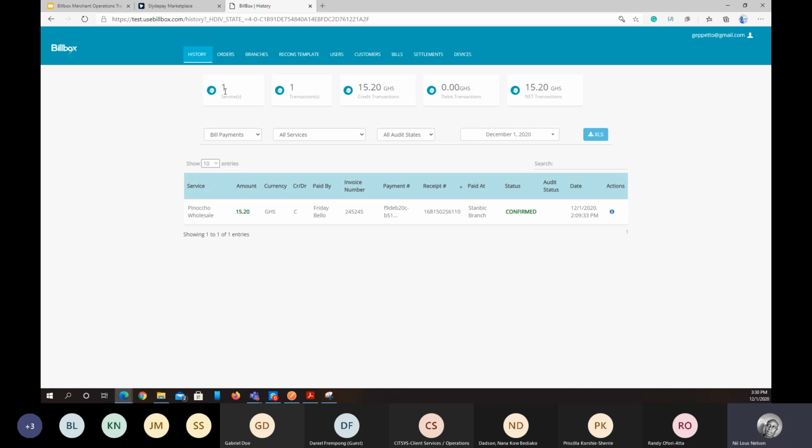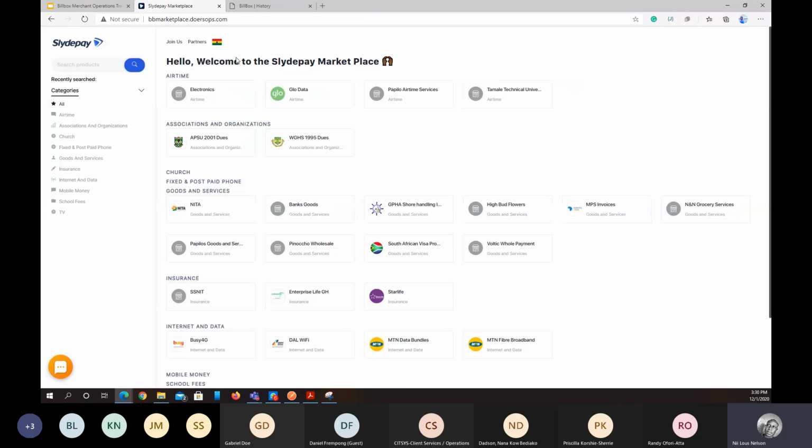As you can see, the details of the transactions that have been done today. You can see that we have one transaction that has been done, 15.20, that has been collected. When we go to the details, you can see we have an unsettled fund of 15.20, right? And so this is the merchant that has logged in and can basically view the transactions that are coming in real time. Now, I'm going to go to the Slydepay merchant